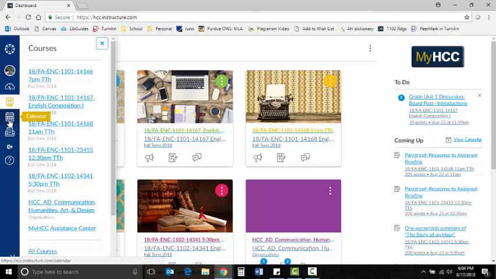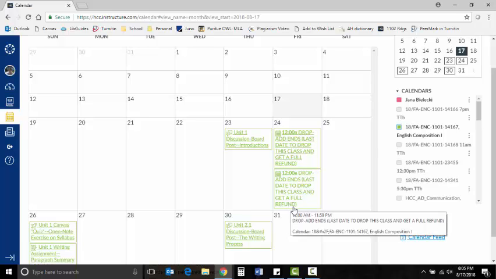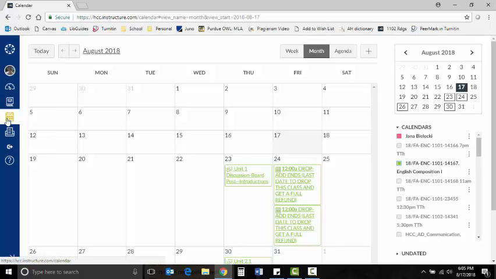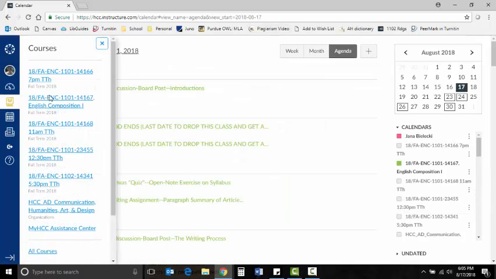Then this next button is the calendar, so you can see what's due on what days, and then other sort of announcements. But I don't think that this is the best way to access the information. Maybe you prefer it this way, and if so, that's fine. But again, I recommend that you go back to our course